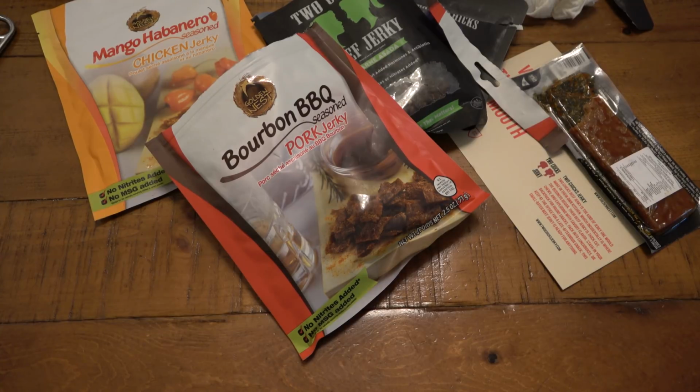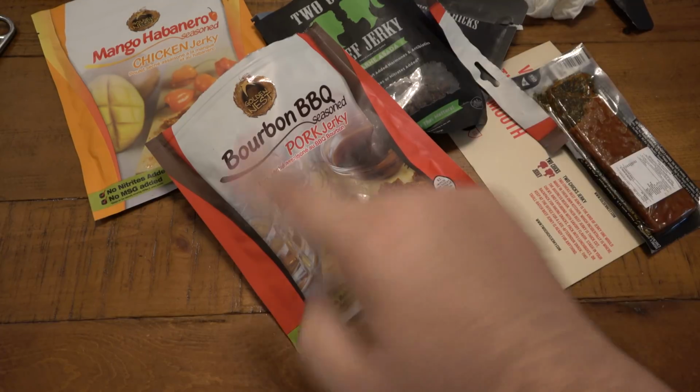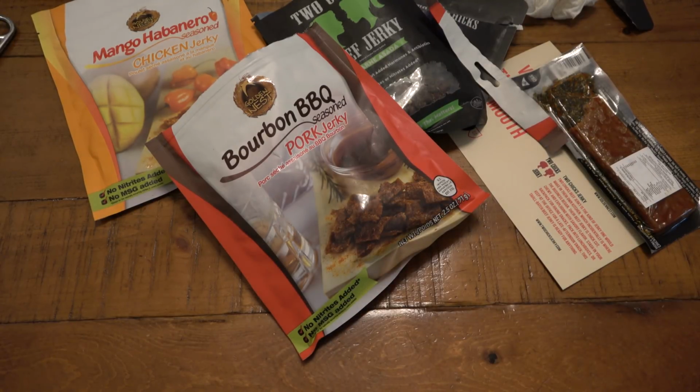But texture's fine. I've had lots of beef jerky that tastes like that. It's not really soft like those two chicks, but it's not hard and dry like a lot of beef jerky. Somewhere in the middle. It's very processed. You know, they put it in sheets, obviously, and dry it out or whatever, cut it in squares. The flavor's not bad. It's not barbecue and it's not bourbon. I feel like there's a little bit of brown sugar or something crusting these things, and it is slightly sweet